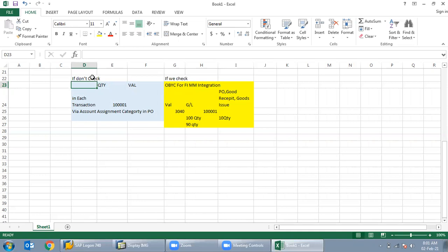So it will be easy for the end user to automatically generate the value GL and quantity. But if we don't select the quantity and value for each and every material, he has to give the quantity and its value. Okay.